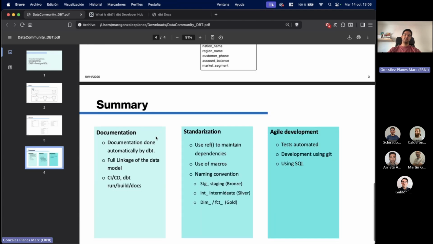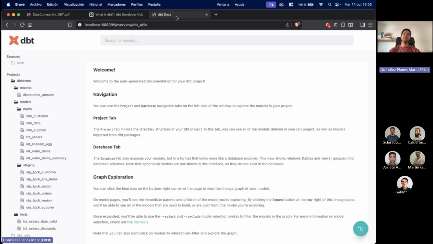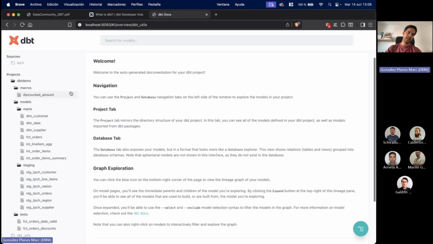And as I said, what we will have is documentation done automatically by DBT. We will have data lineage, and we will be able to standardize or do agile development with all the Git capabilities that DBT has implemented. Going a little bit into the documentation that I have generated with DBT, I started on the database just having